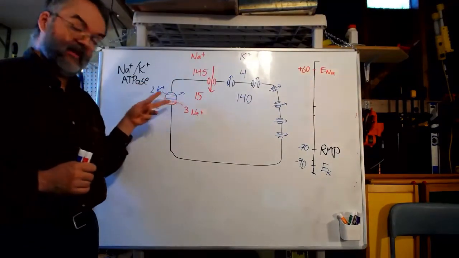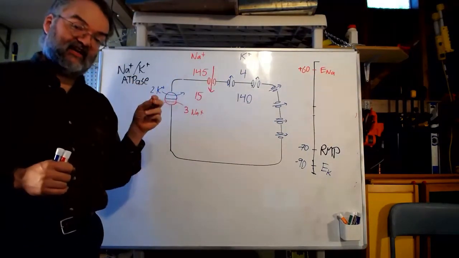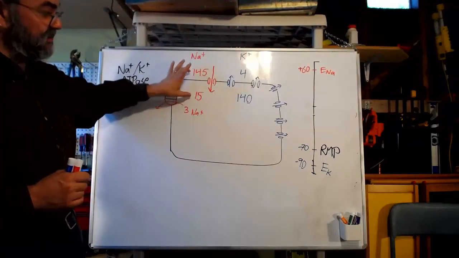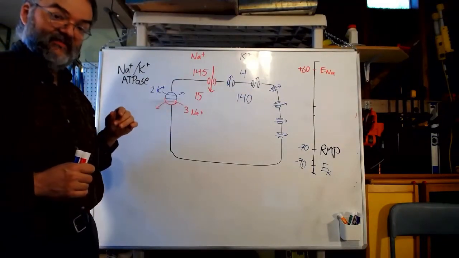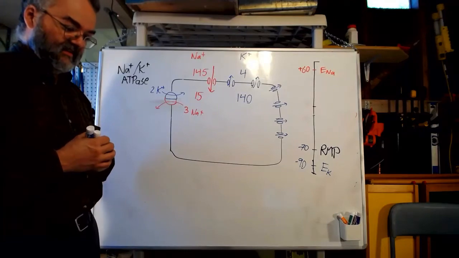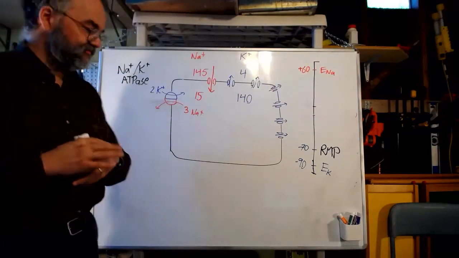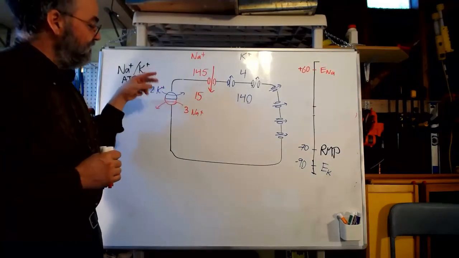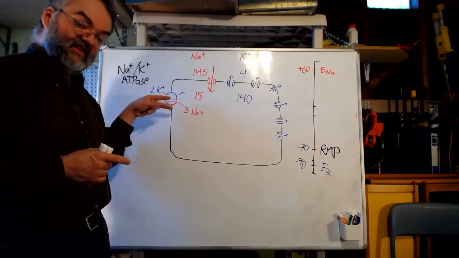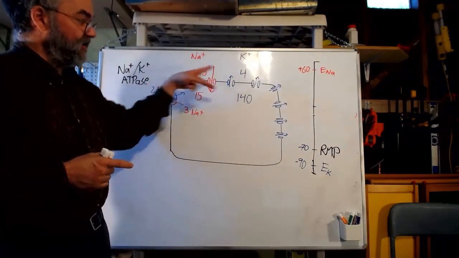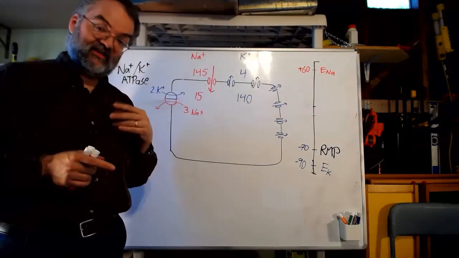So this pump is helping to counteract those ion leakages and make sure these numbers don't change. But by running this ATP-using pump, we counteract those and keep those ion concentration gradients the way they are,